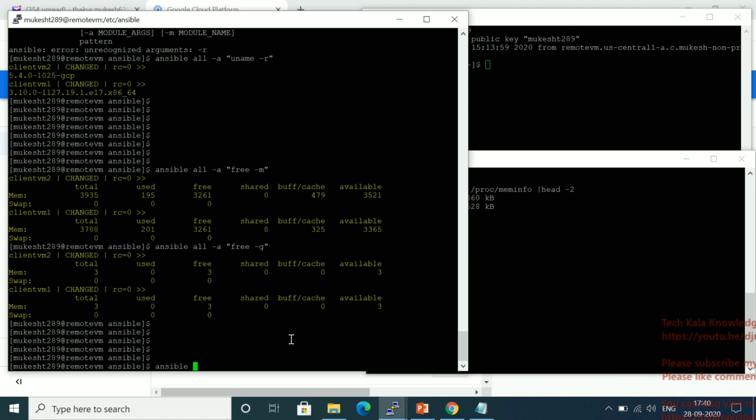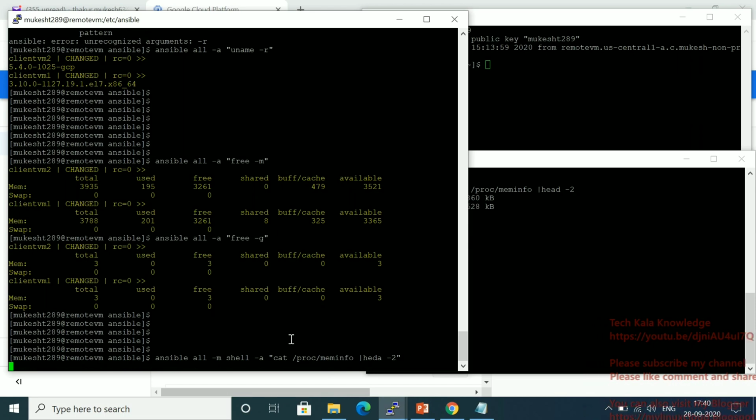Ansible all -m shell, then -a argument, quote, and then cat /proc/meminfo, we have to type all the command here, then pipe head -2, and then close the quote.